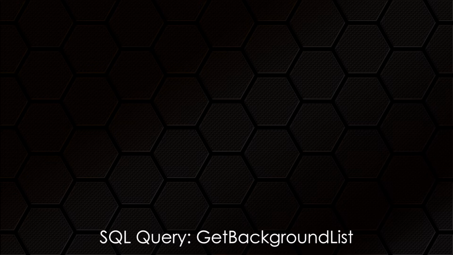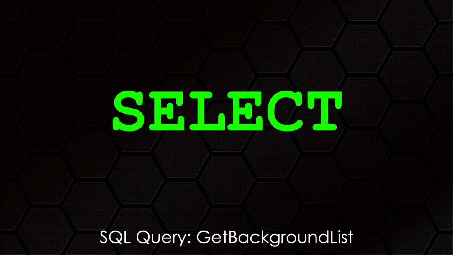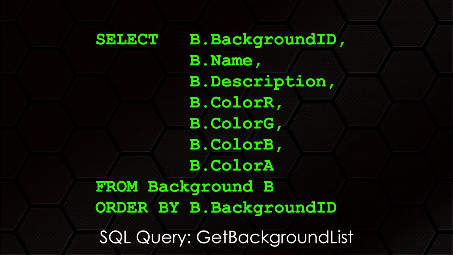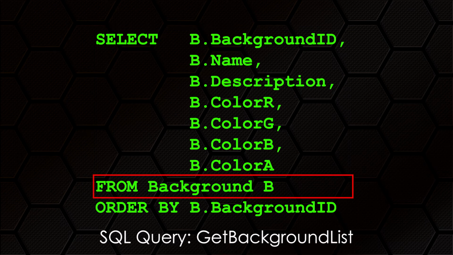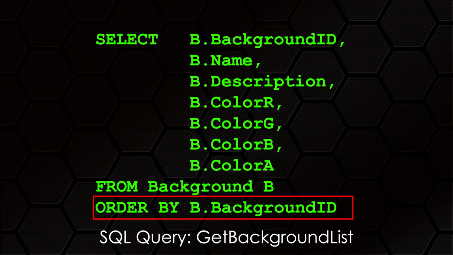When we write SQL to retrieve data, the keyword we use is select. The way we use select is we specify all the fields we want to return and the name of the table to get them from, like this. SQL doesn't care if your query is on a single line or spaced out on multiple, like I have done here to make it nicer for humans to read. So, the first line says we want a bunch of fields. The second line says the name of the table we want those fields from, and the last line says sort the data